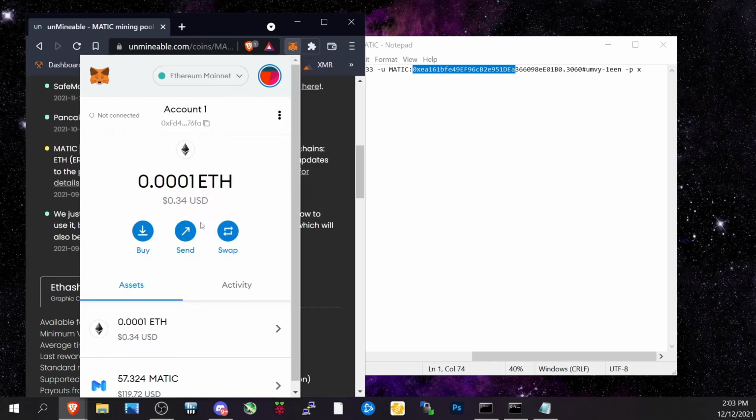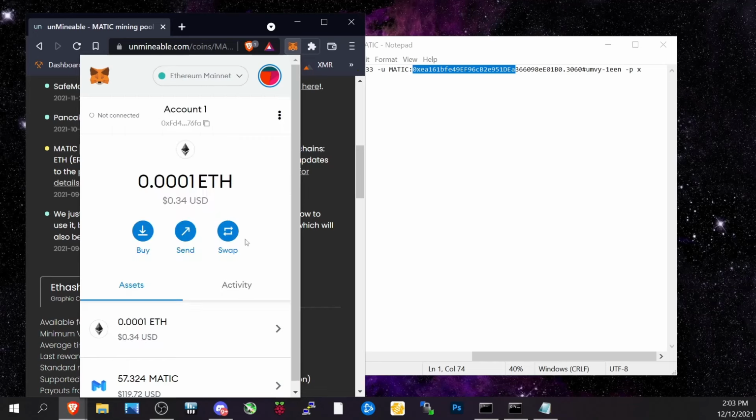Now let's go back again to the Polygon network and just double check this real quick, right? So now we're going to swap our Matic. I'm going to go 2 Matic, and it's still $4.20, so it looks like there might be a price difference, but don't quote me. 2 Myst, continue, review the swap, 7.5 Myst again for 9 cents. 9 cents. I can't reiterate this enough. This is crazy. So now, once I have my Myst,